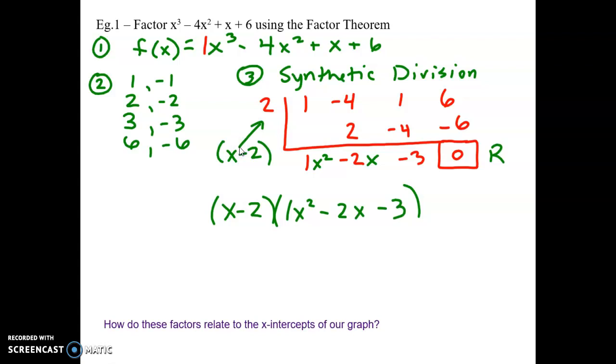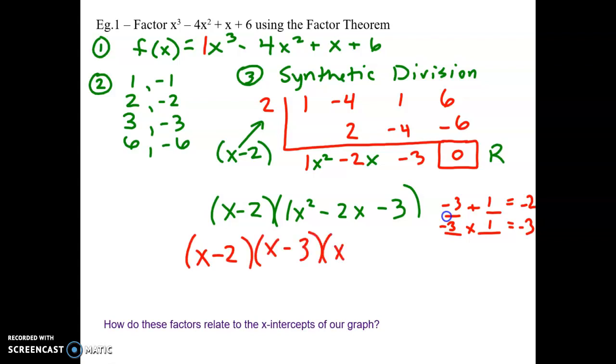Yep, so once we have this, now let's factor the remaining quadratic normally. So two numbers that add to get to -2, two numbers that multiply to get to -3, which is a -3 and a positive 1. So my factored final version is going to be x minus 3 and x plus 1. So those are my 3 factors